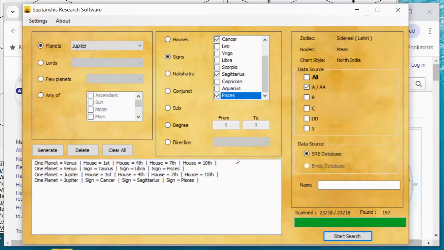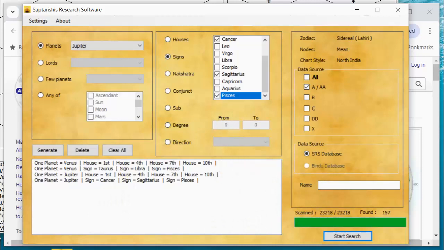Not all of these yogas can be found that easily, as I've demonstrated here. You're going to come up against some hurdles. You can't find Kalasarpa, as I found to my chagrin when I was working on my Kalasarpa book. So there are lots of things that you cannot find, and you'll have to do a little bit of thinking. Logically ask yourself, how are certain yogas or combinations formed, and then see if you can write it up to that degree. And you might not get all the way in some instances, but still it's a wonderful head start for any form of research.